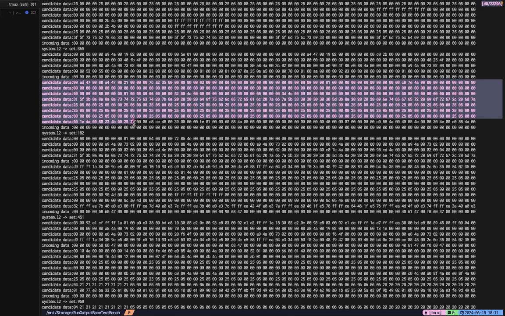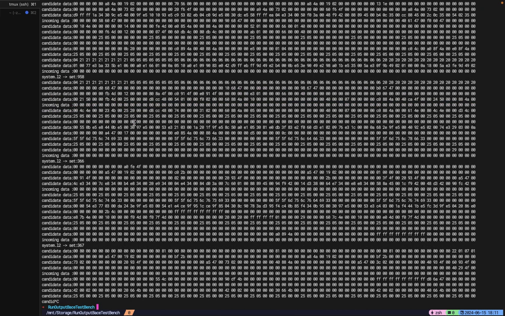we see some candidates shown first, then the incoming data will show. And here you can easily write extra code to compare these two. For example, if the incoming packet was this, and I want to compare with this candidate, I just need to check the value of this bit.